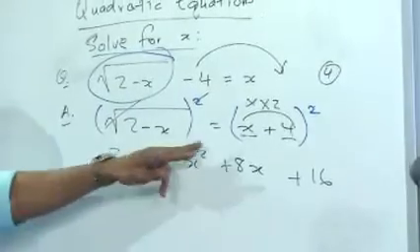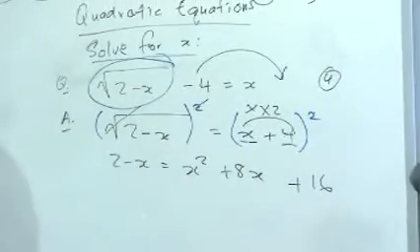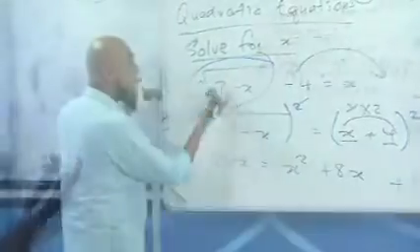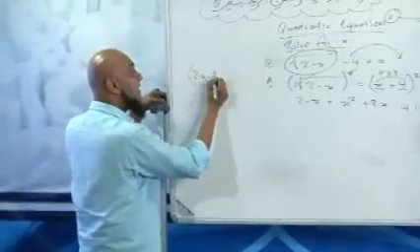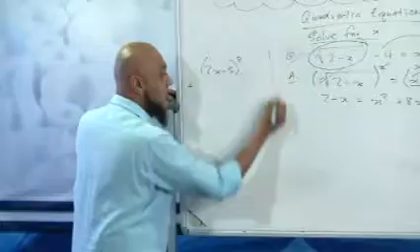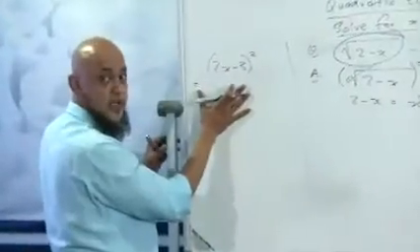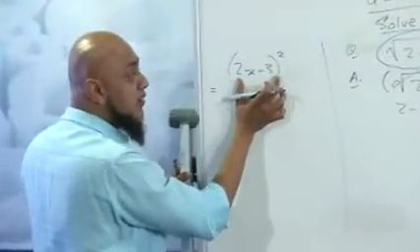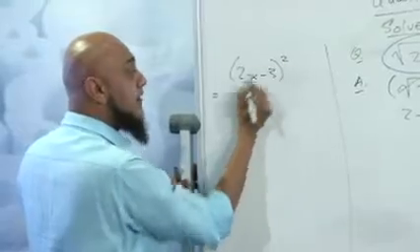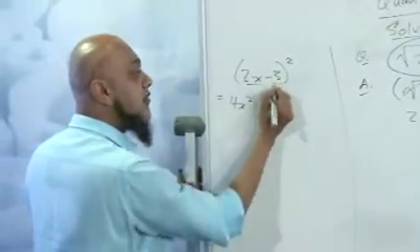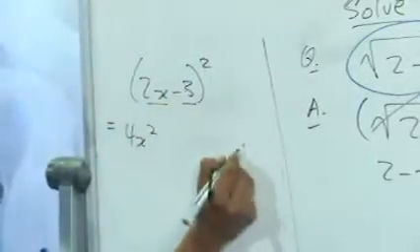If many of you don't know how to do this, let's do one quick example here on the side for you, just to see whether you can do it. Let's say (2x minus 3) squared. Forget about that now. Let's move up here. Let's remove the brackets. Square the first term, 4x squared. Square the second term, negative 3 squared, gives me 9.